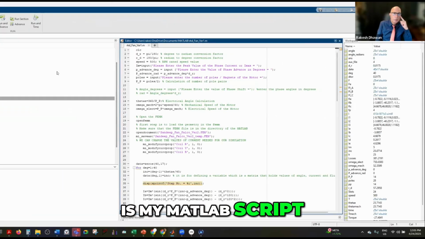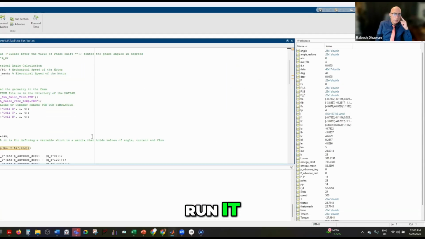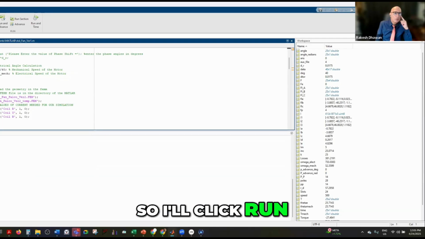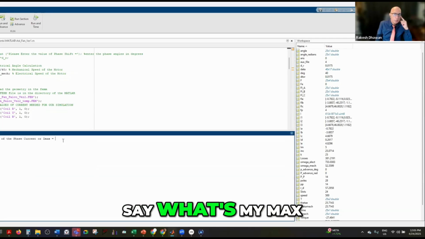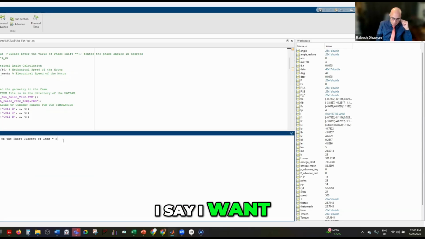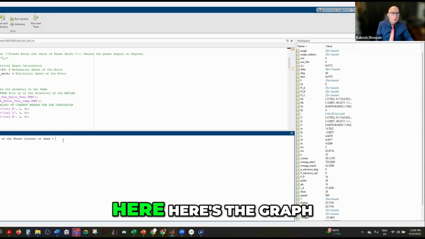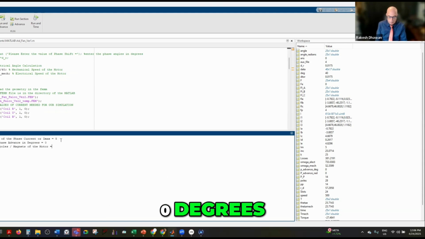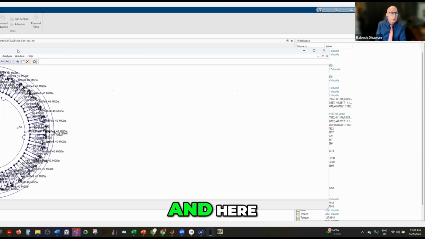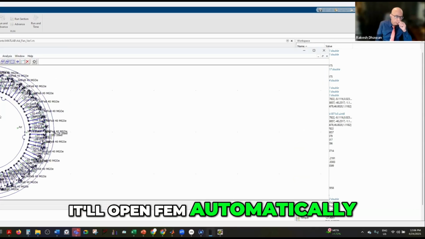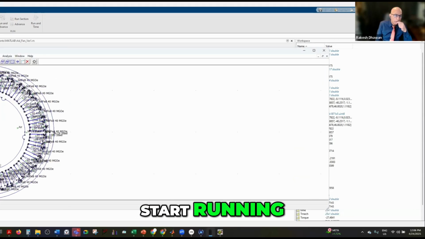This is my MATLAB here. I'm just going to run it. You can see how it is run. So move on, and it's going to ask what my max phase current is. I say I'm on 5 amps. And I do want to change something. Here: phase advance 0 degrees, number of poles, and here it'll open FEMM automatically, and then it can start running